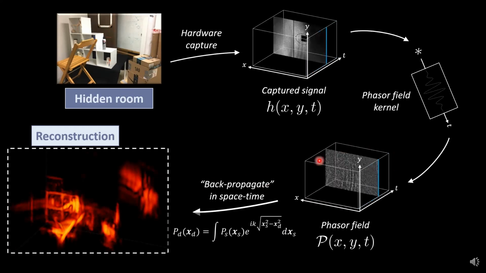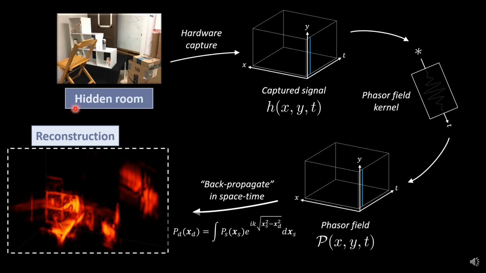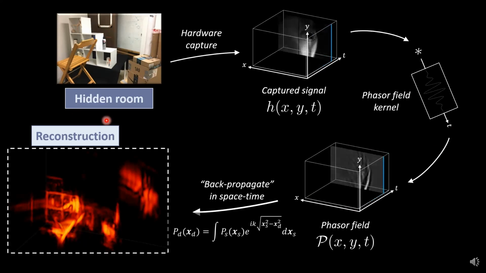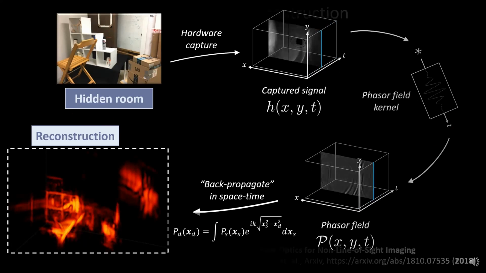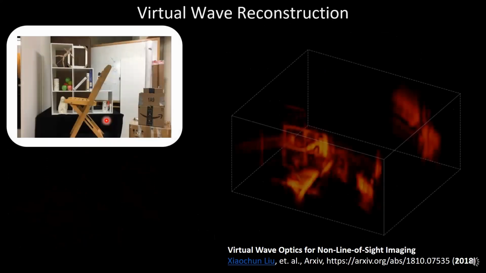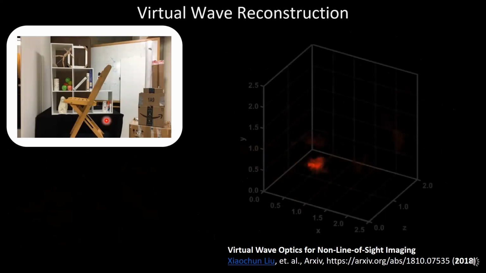And in our case, we created this virtual wave in order to be allowed to do that here too. So one way to think of this is that we create a virtual camera. We have our imaging system and we can pick a patch of wall somewhere and say, I would like to put a virtual camera there, project it onto that wall, and reconstruct the image or the video that virtual camera on that wall would see. One of the interesting consequences is that we don't have to limit ourselves to just reconstructing the scene. We can make a video of the scene, because our virtual camera might as well collect a video of this virtual light pulse that we created moving through the scene. And that's what's going on here.